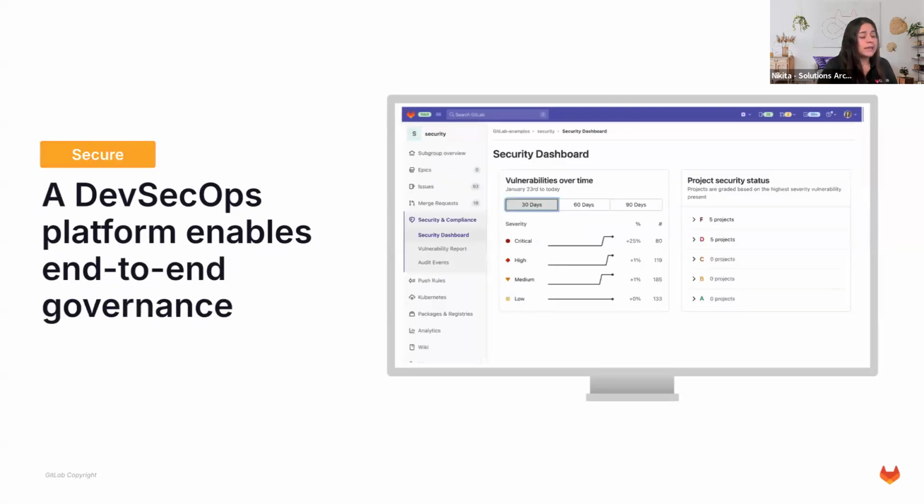Now, that said, how does GitLab enable security with end-to-end governance? What you see on the screen provides you with a collection of metrics, ratings, and charts for vulnerabilities detected by the built-in security scanners, right? The security dashboard provides data such as vulnerability trends over 30, 60, 90 days time frame, a letter grade rating for each project based on your vulnerability severity, the total number of vulnerabilities detected within the last 365 days,